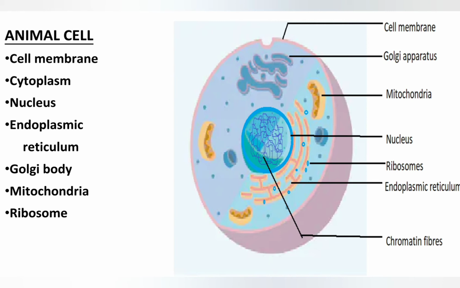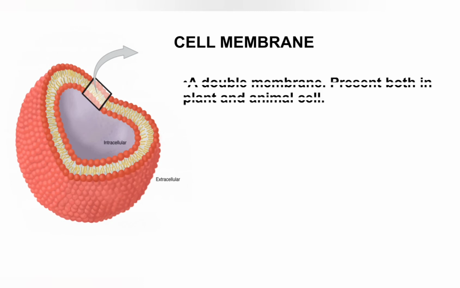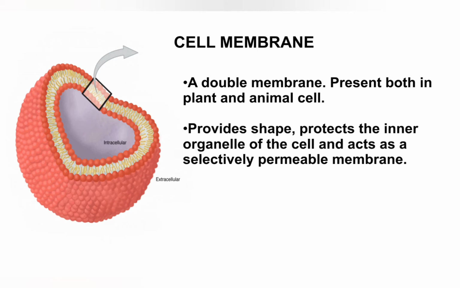So the first structure of an animal cell that we are going to discuss is the cell membrane. Cell membrane is the outermost covering. It is a double membrane structure present both in the plant cell as well as animal cell. This cell membrane provides shape, protects the inner organelles of the cell and acts as a selectively permeable membrane. Selectively permeable means it allows only some substances to enter inside the cell and only allows some substances to leave